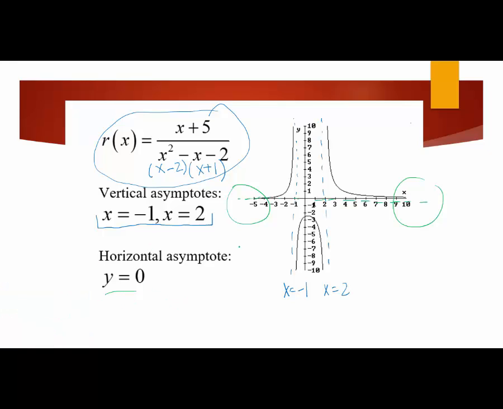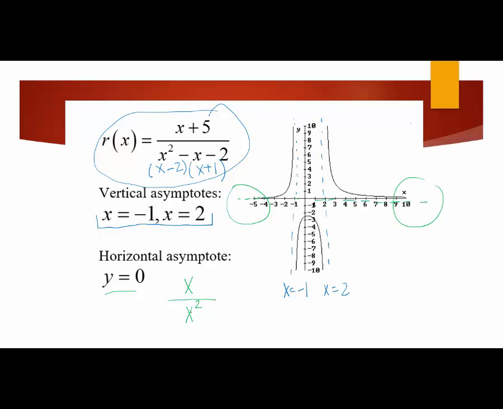Our horizontal asymptote is a description of the end behavior, and if you remember with polynomials, the end behavior was based on the behavior of the highest degree term. If we take a look at our rational function, it's made up of two polynomials. The polynomial in the numerator has a leading term of x, and the polynomial in the denominator has a leading term of x squared. I would expect if the leading term determines the end behavior of the polynomial,